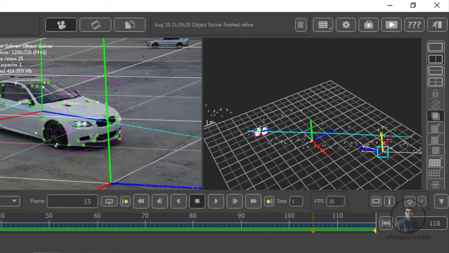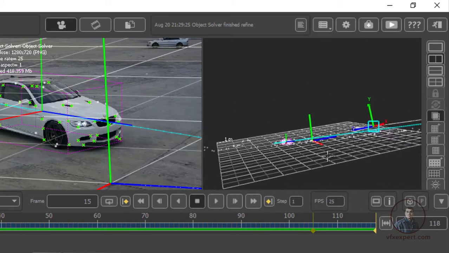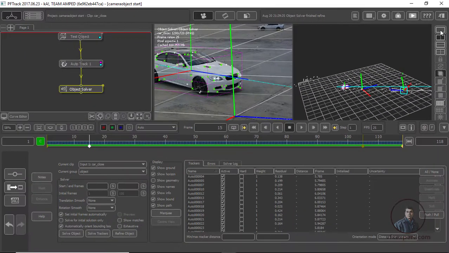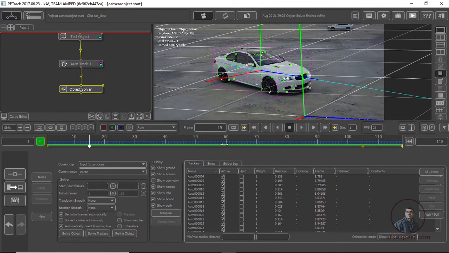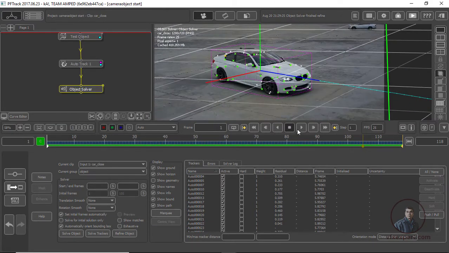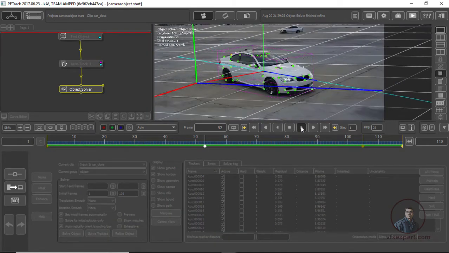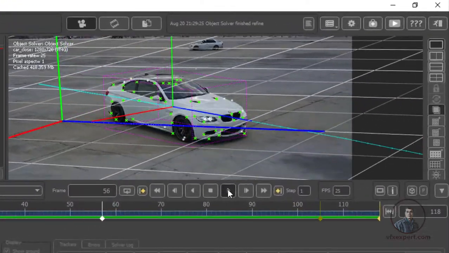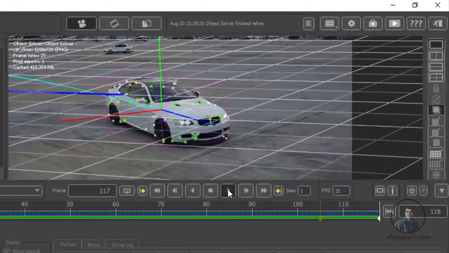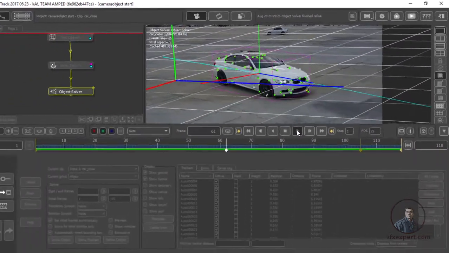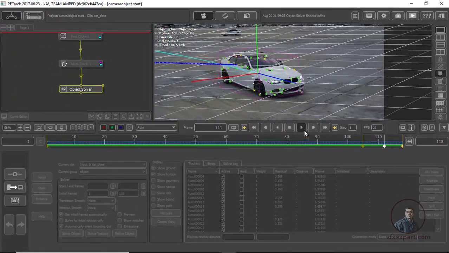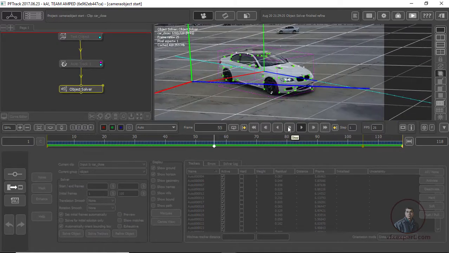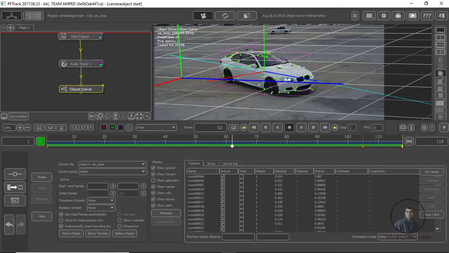Now you will see, I think this is sufficient. Now click on single viewport again. Now after this, simply play and check your object motion quality. Now see, all points are perfectly following your object motion. I think this is sufficient for us. Okay, now simply click on stop. Now till here we have successfully tracked our object motion.